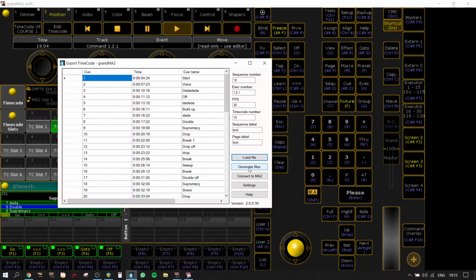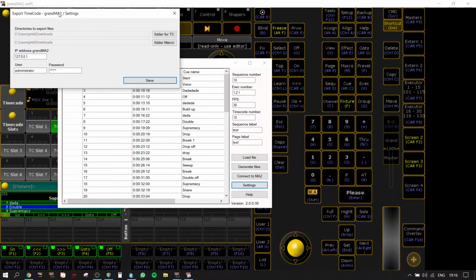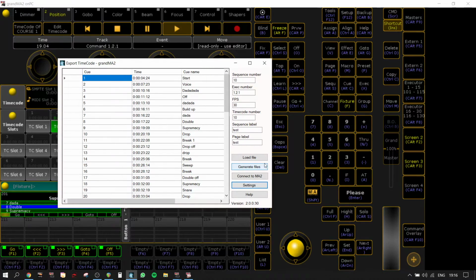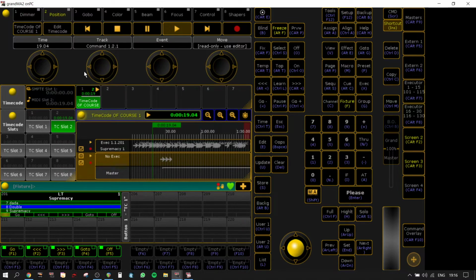And the other option is to generate the files, which gives you a macro that imports everything. Everything has to be set up. I have mine set up a bit wrong at the moment because I used to help out a friend of mine, and I needed them in my download folder to send to him. And once that's done, you click either generate files or connect to MA, and this way you will get